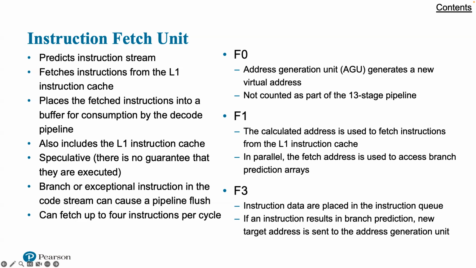These data structures are accessed in parallel with instruction fetches. The BTB indicates whether or not the current fetch address will return a branch instruction and its branch target address. It contains 512 entries. On a hit in the BTB, a branch is predicted and the GHB is accessed. The GHB consists of